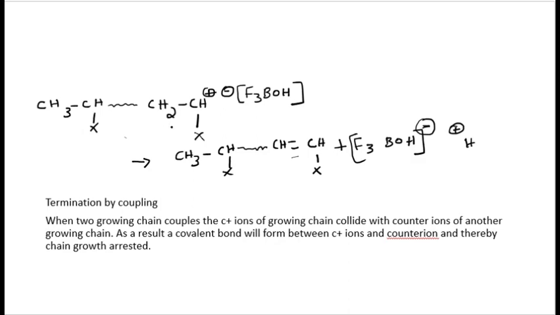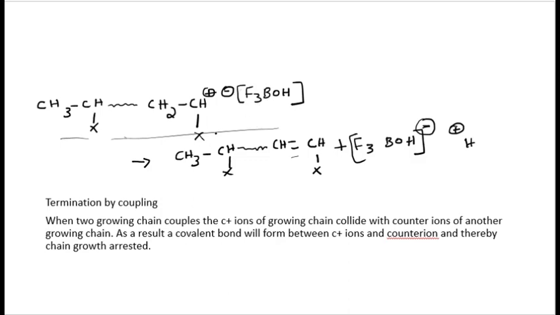So in ion pair precipitation, the carbonium ion formed in the polymer chain will react with the counter ion of another growing chain. So in initiation, there may be a chance to form multiple growing chains. The carbonium ion of one growing chain will react with the counter ion of another growing chain, thereby chain growth will stop. So here we can say that this is a growing chain containing a carbonium ion and a